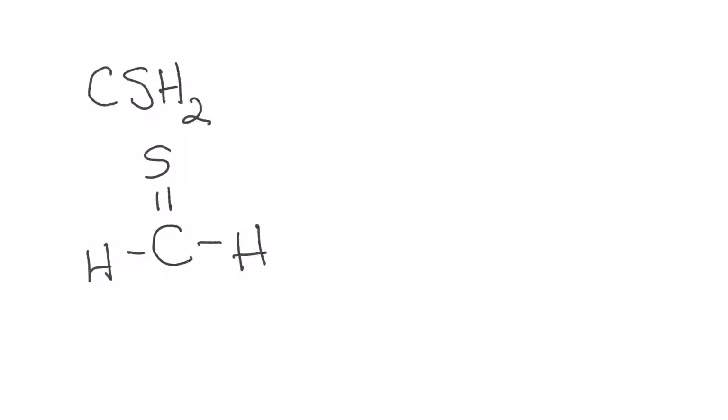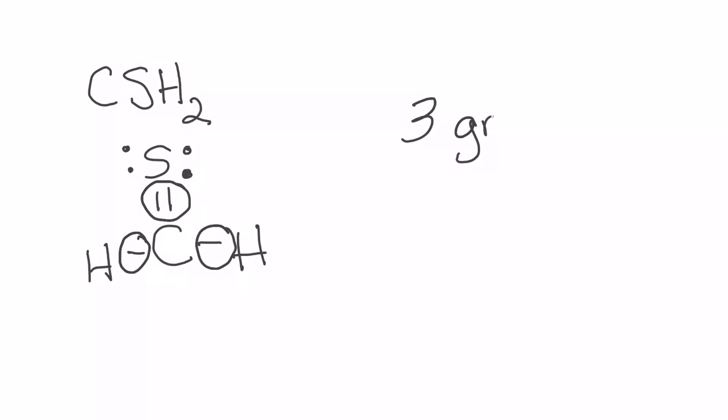Let's try the next one, CSH2. I've already drawn, actually I just drew the structural here. If I wanted to do the Lewis structure, I'd have to add some dots around the sulfur. So there is now Lewis structure for this molecule. And the first thing I need to do is count the groups of electrons. So I have 1, 2, 3 groups of electrons. And this double bond counts as one group. So I have 3 groups of electrons,